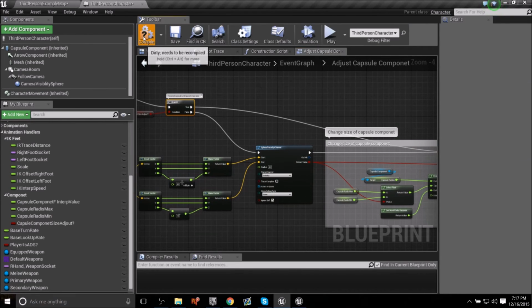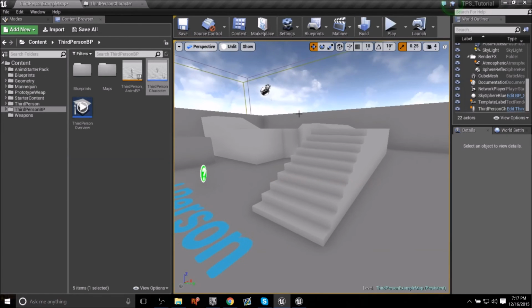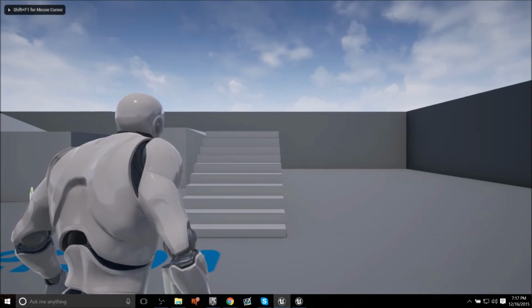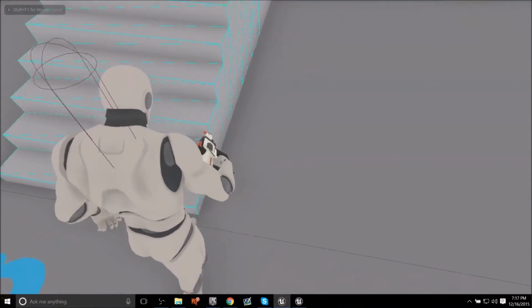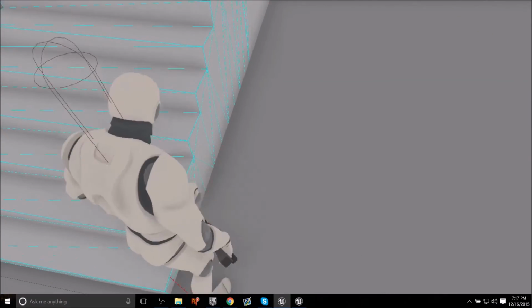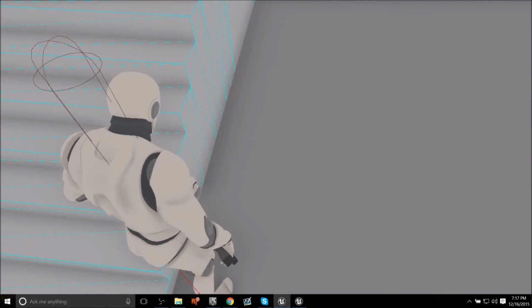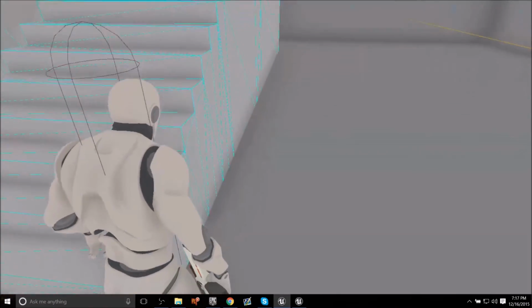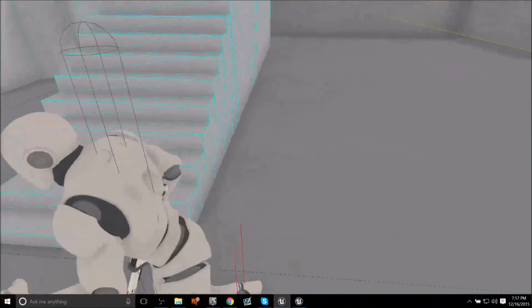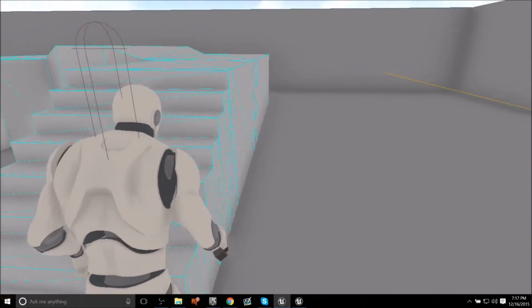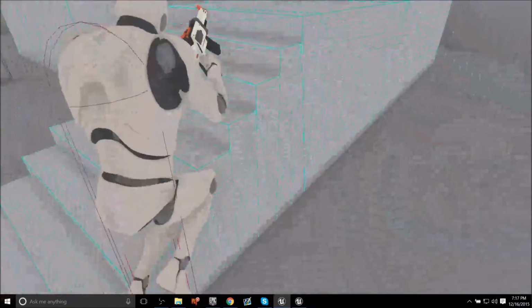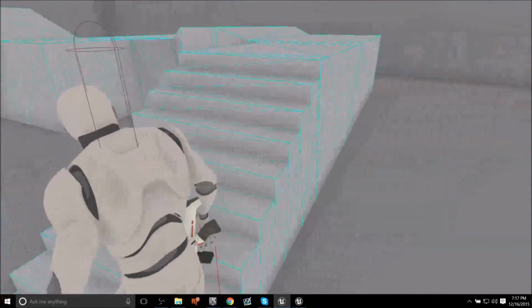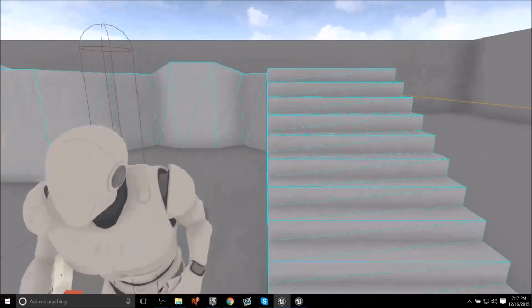All right. So now if we compile it, let's save it too, and let's see what happens in the play area. Hit the tilde key, I'm going to show the collision, and F2 to go to unshaded mode. So if I run up to the stairway now, you'll have a little bit of bouncing, but it'll gradually scoot the character over. So it's not going to be doing a really bad jitter, but I'm still doing some research on how to get this to work a little bit better, because something like that will cause a little bit of craziness